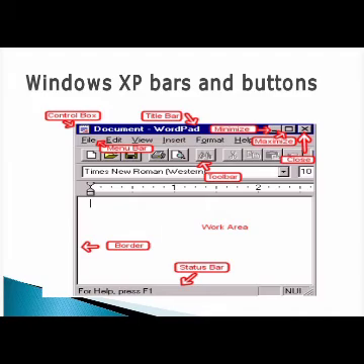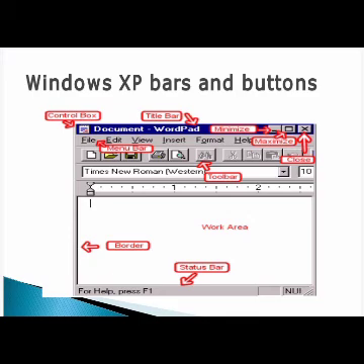So what are the four bars here? Title bar, menu bar, toolbar, status bar. The status bar is at the bottom of the application. Clear? Next, there are some control buttons. Can you see them at the top right? Minimize, maximize, close. The minus symbol indicates minimize, the square symbol indicates maximize, and the cross symbol indicates close. These are very important regarding Windows bars and buttons. Clear for you? Title bar, menu bar, toolbar, status bar. Minimize, maximize, close.